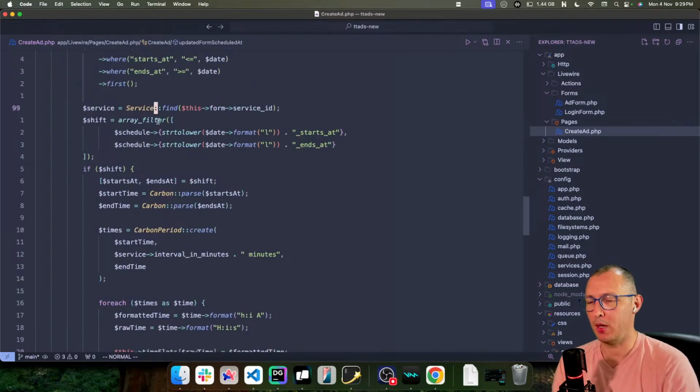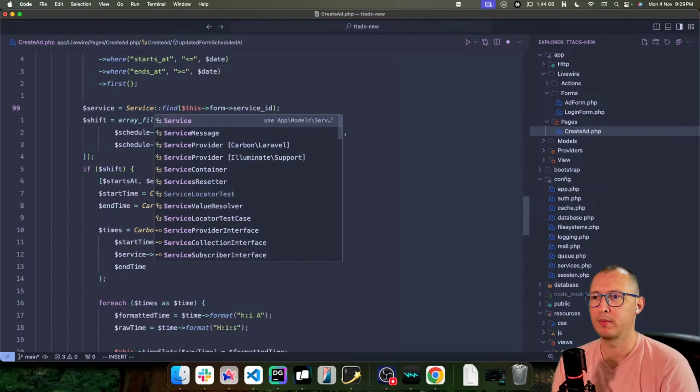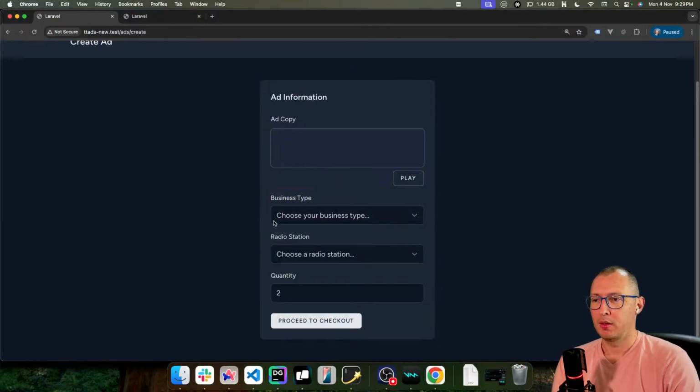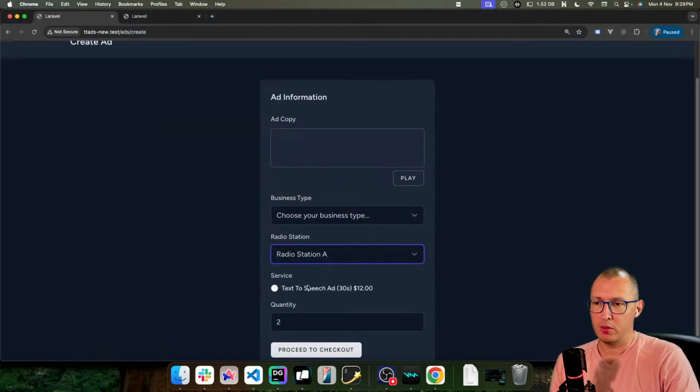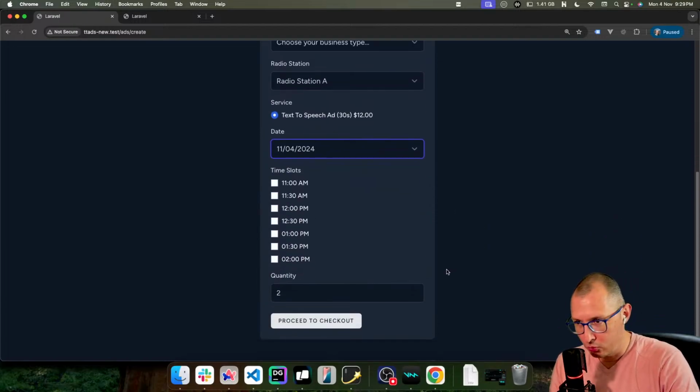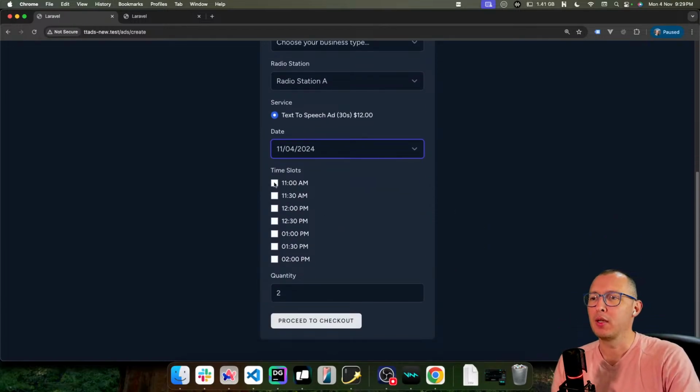Here, found it. Please. Again, radio station, service, date. Nice. They could use some formatting, I'm aware, but at least they work. All I need to do is make sure that when I click on it, there is an array